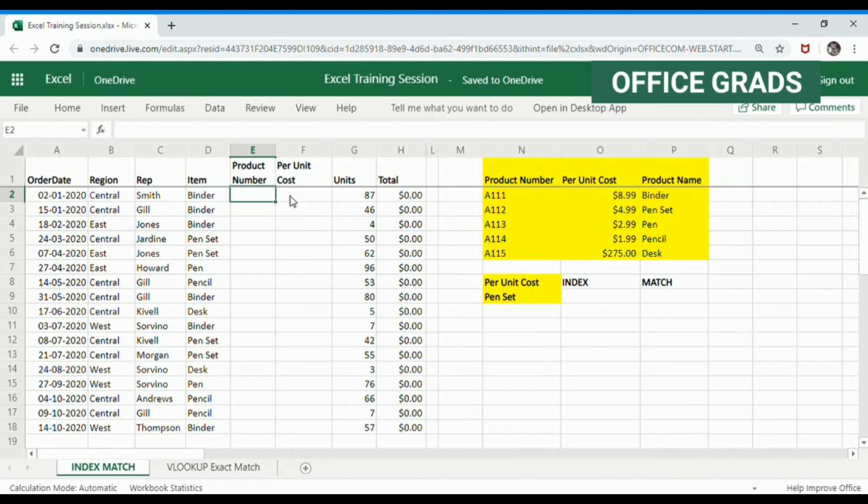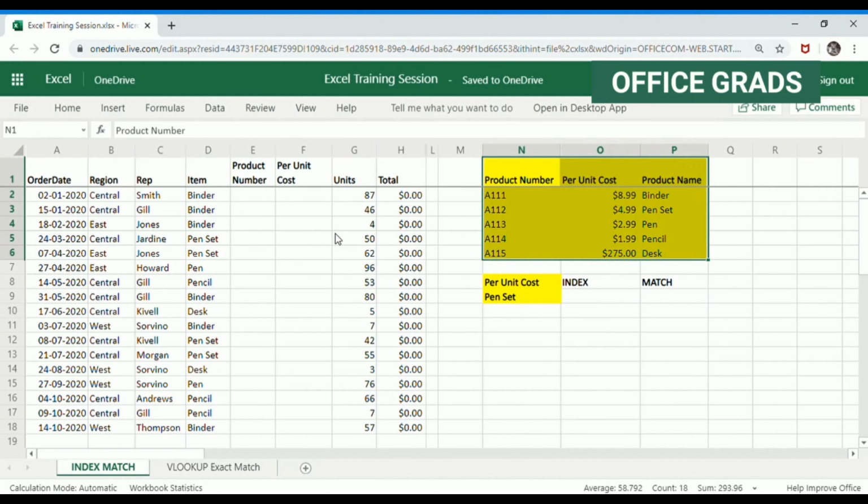In this spreadsheet, I'm looking for the product number and per unit cost for a binder, and this information is available in this table.